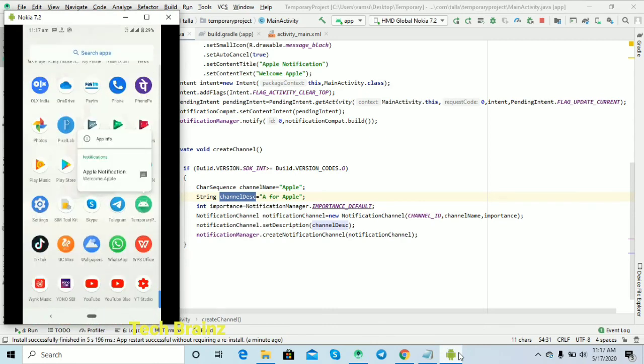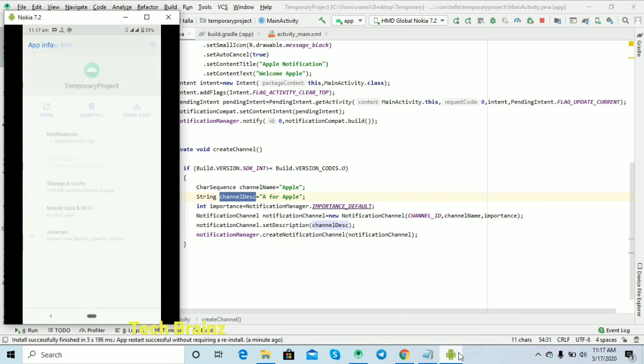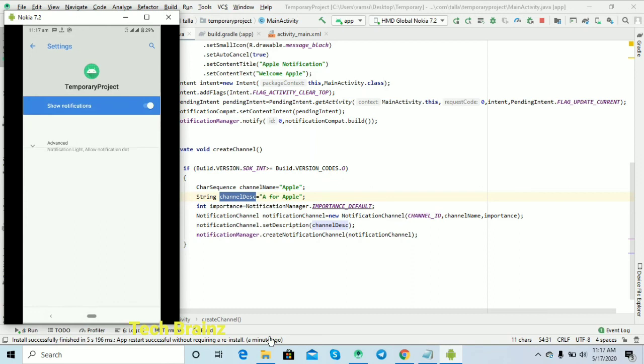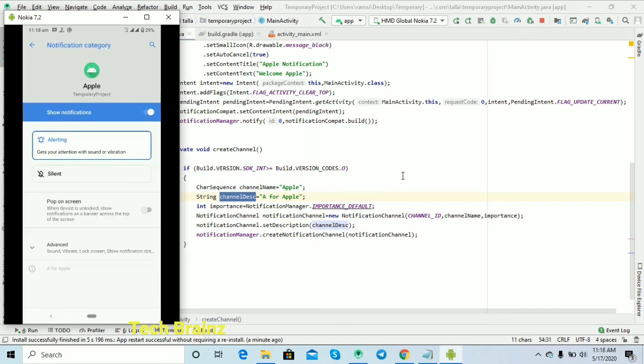Okay guys, just click on application info, click on the application. We go to the application info. There is a notification option, click on that. You can see Apple. That is nothing but the channel name. If you click on that, you can see clearly the channel ID.